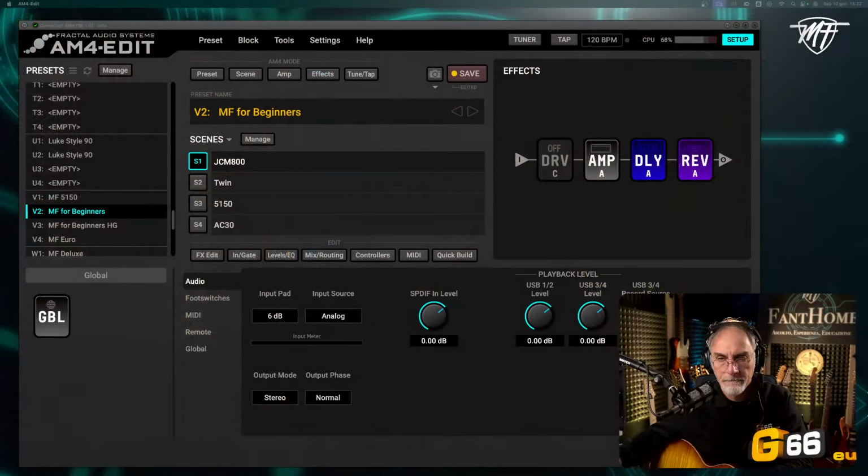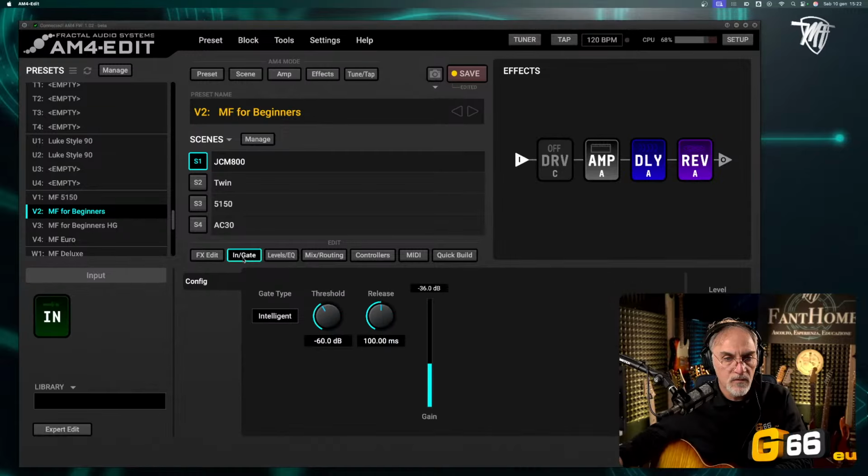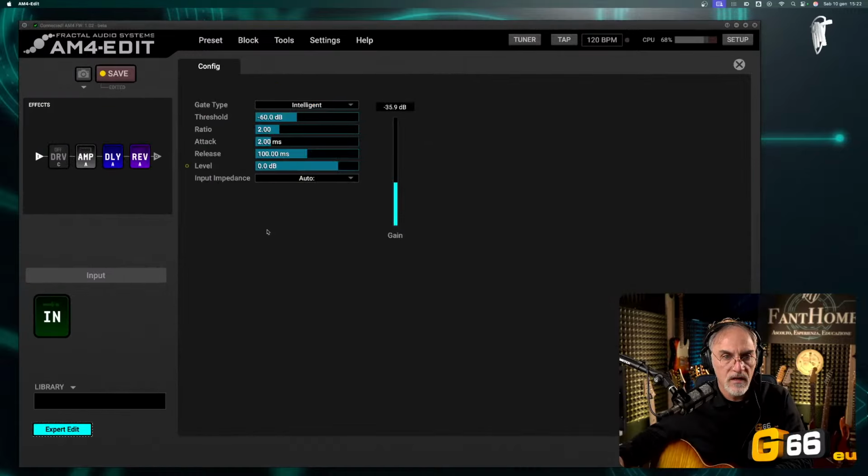What does "ancora in automatico" mean, Alejandro? Yes, it's in automatic. Automatic, you mean this one? Okay, input gain. You go to the expert. It's automatic impedance. Yes, of course.